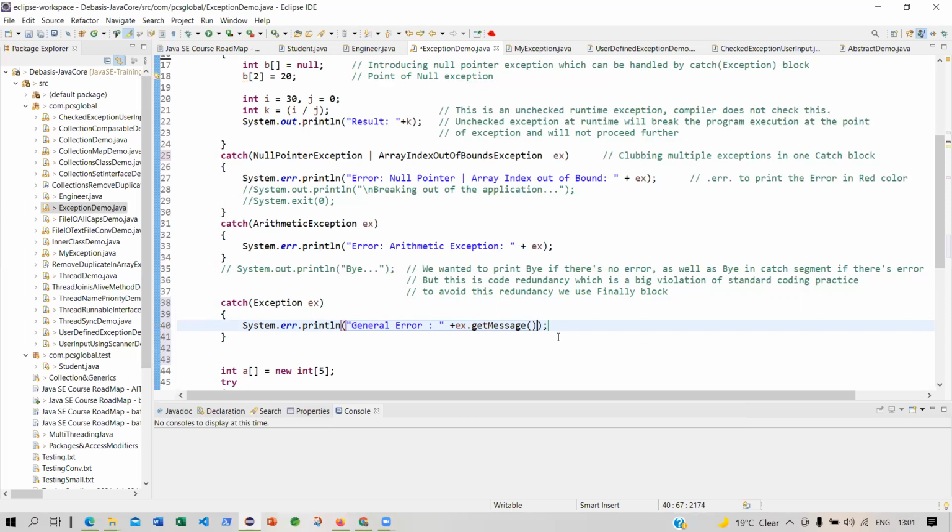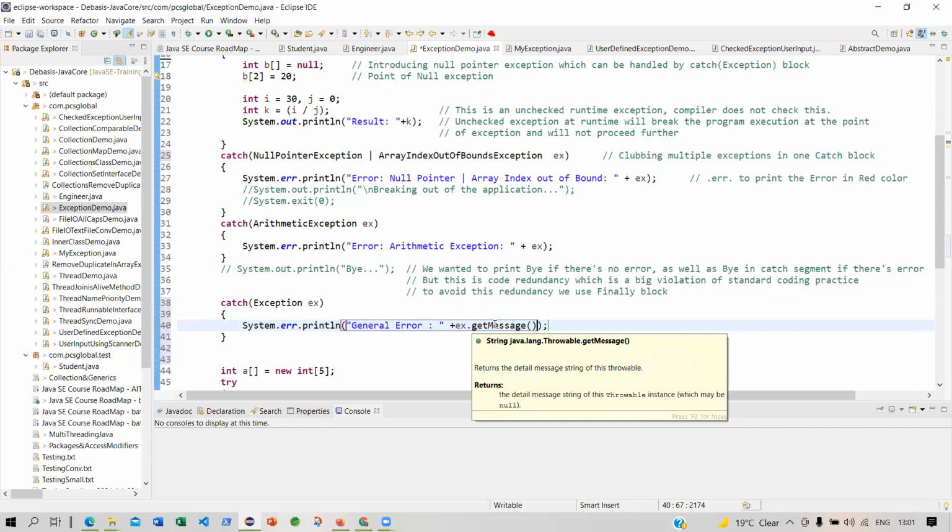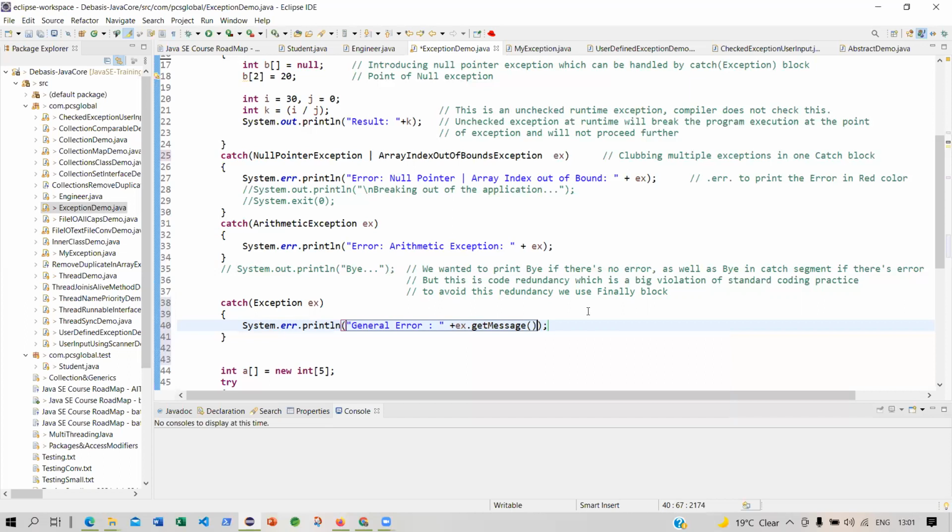So let me get the correct error message, that particular error message. EX is an object and it knows the error. If I just leave it like that, EX, it will give the error code. But this error code also has a corresponding error message. I'm interested in that message.